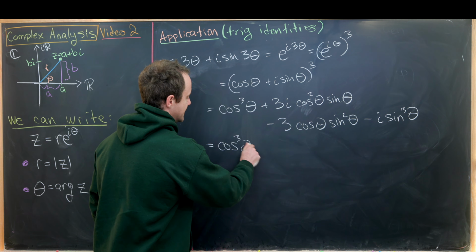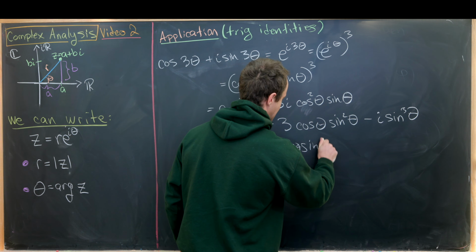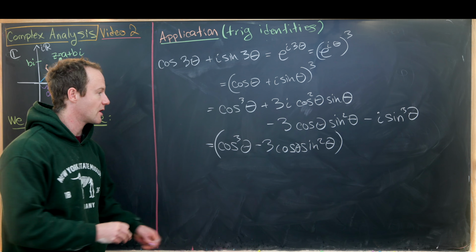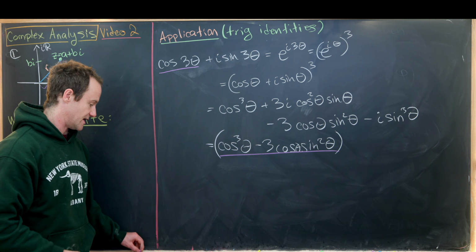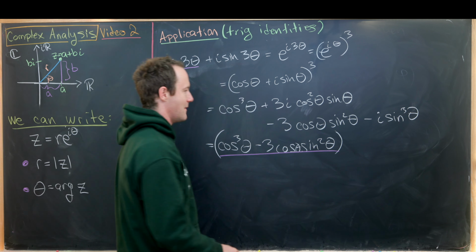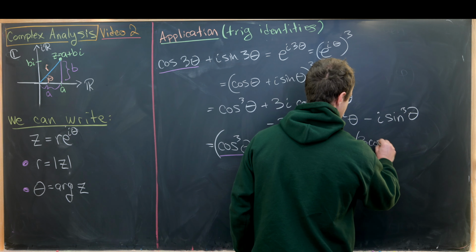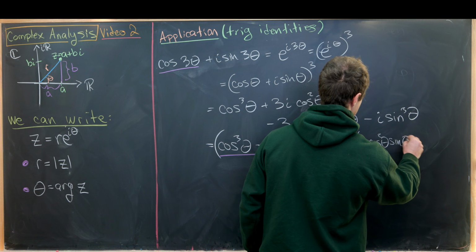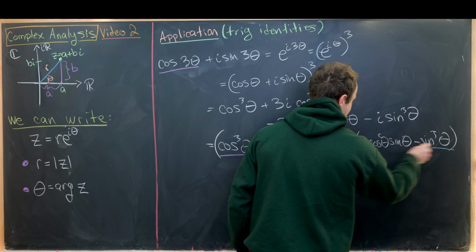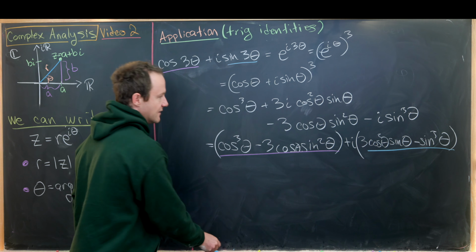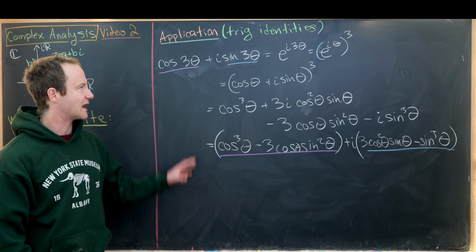So notice the real part is cosine cubed minus 3 cosine times sine squared. So that's the real part telling us that this cosine 3 theta is equal to this stuff right here. Then furthermore, our imaginary part, so that'll be plus i times 3 cos squared theta sine theta minus sine cubed theta. So that gives us a nice identity for this triple angle of sine. Now you could write those all as 2 equations if you wanted to, but I'll just leave it like that